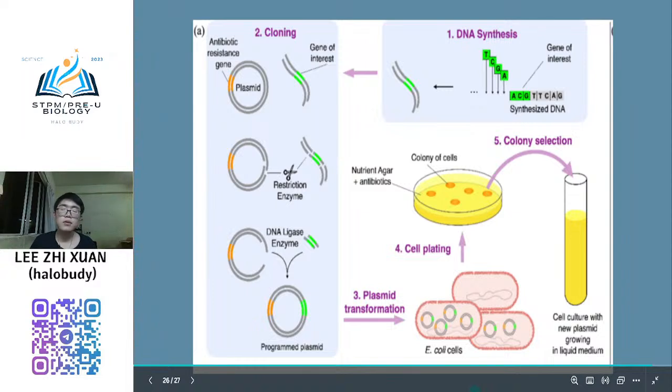Very good. Okay, so this technology is for you guys, for later if you pursue a degree in biology, normally this technology is a must. You will learn this. Definitely 100%. If you study biology, you will 100% learn this. Whatever biology, biotechnology, biomedical, microbiology, genetics, everyone will definitely learn this. This is the must-know technique.